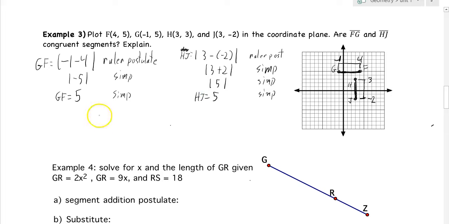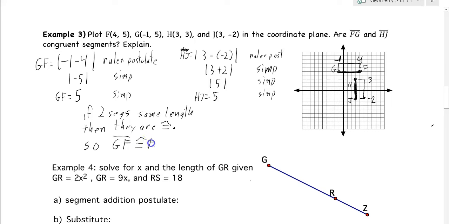If two segments have the same length, then you might have to go back and look in the notes, but they are congruent. So the segment GF is congruent to the segment HJ